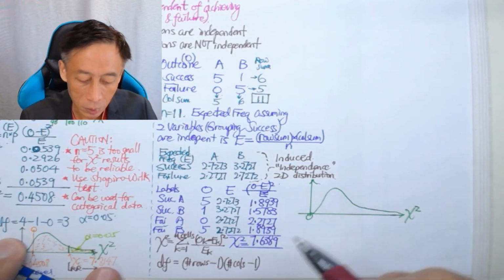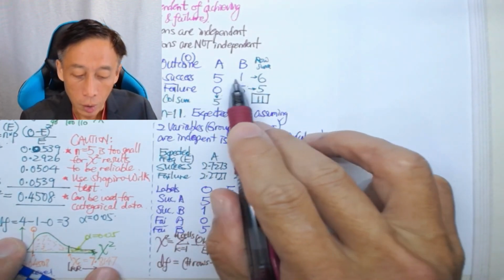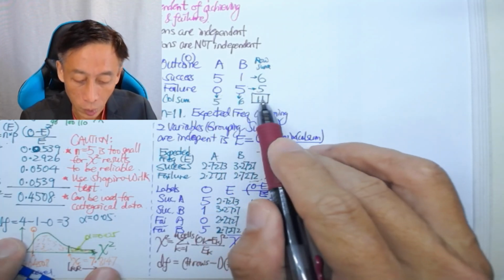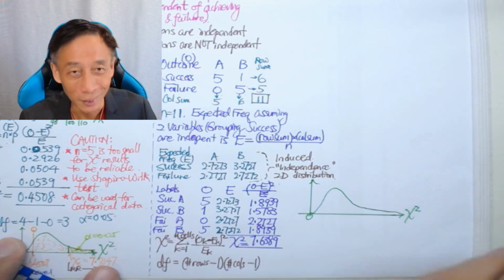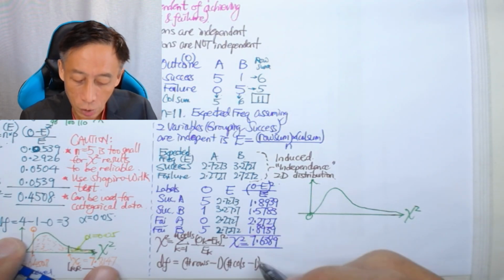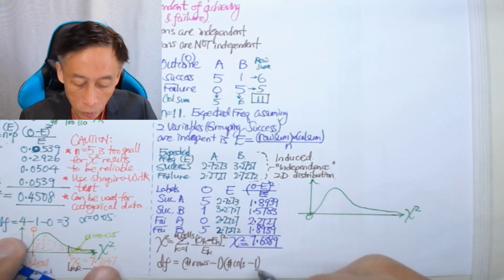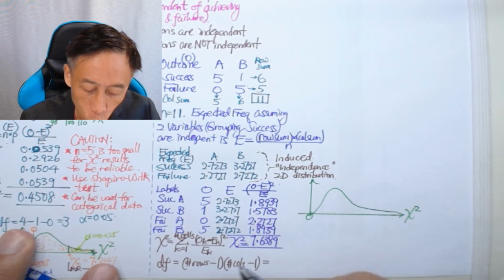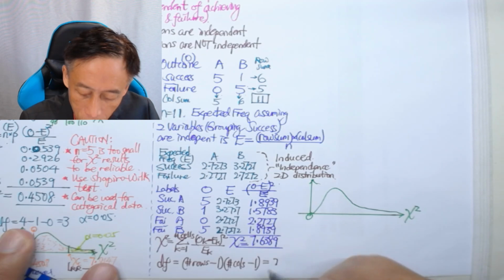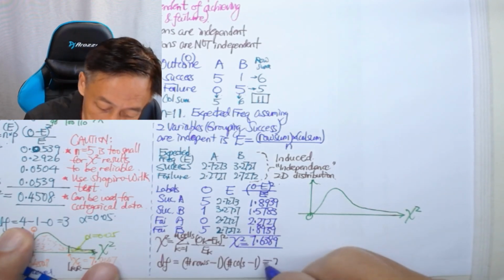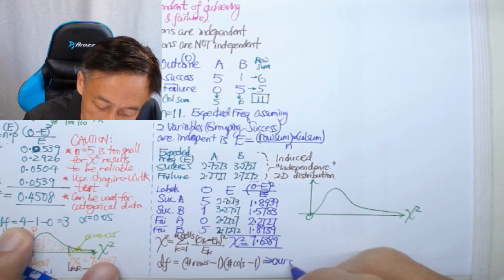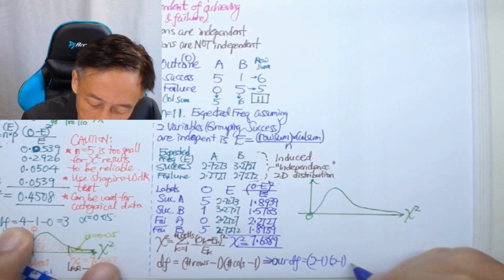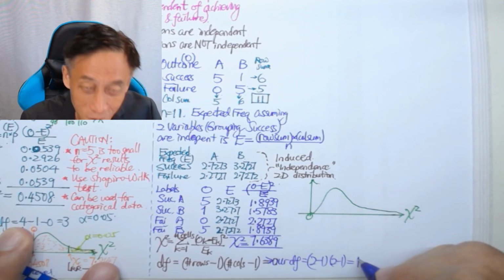And not surprising, because the rows have to be bound to the same total, and the columns, the total has to follow this. So there's a deduction of 1 degree of freedom from the rows before multiplication with the number of columns. So in our case, our DF is equal to 2 minus 1 times 2 minus 1 equals 1, which is